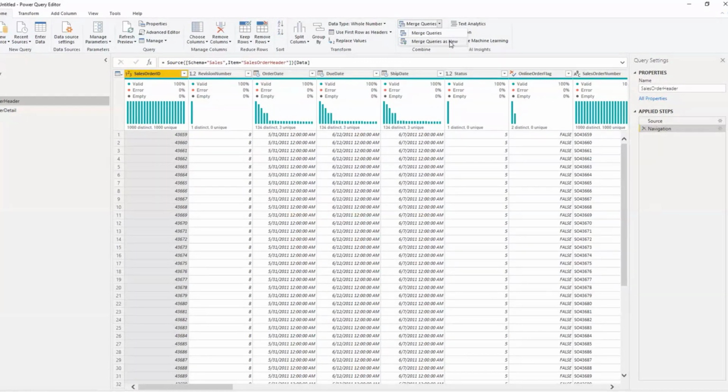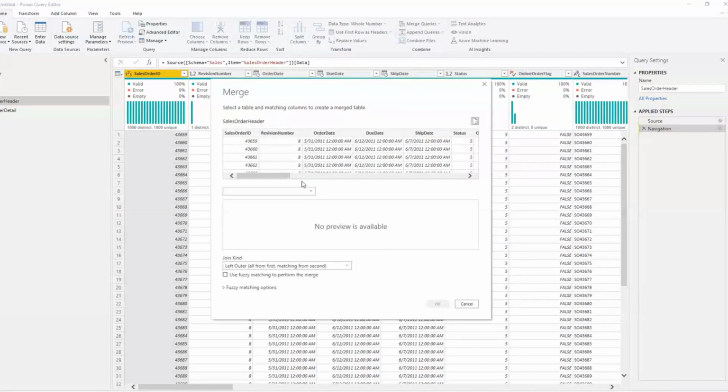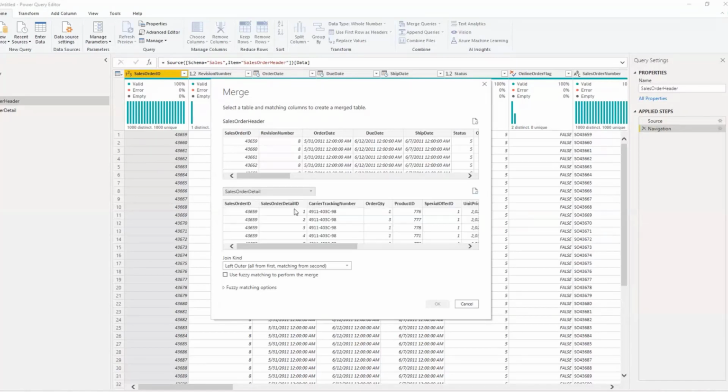The method which uses a bit of time and performance, I would use the best way that we usually go about things, which is merge queries. Click on merge queries, and after clicking you should select the other table, the second table, sales order detail, and then select the keys that you want to join these tables on, right? Sales order header order ID, and sales order ID.